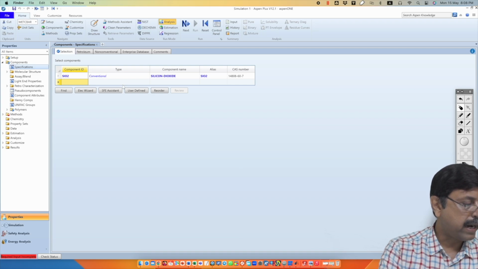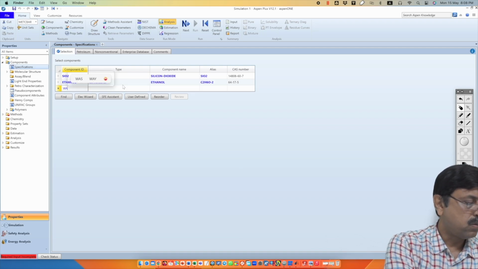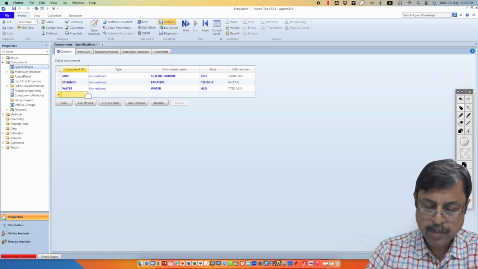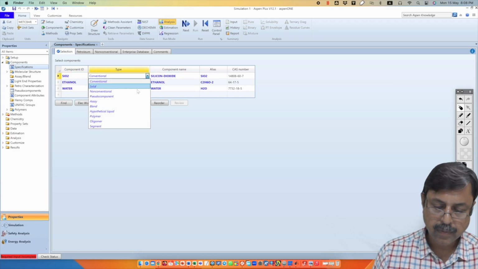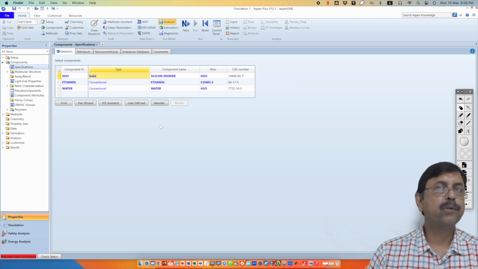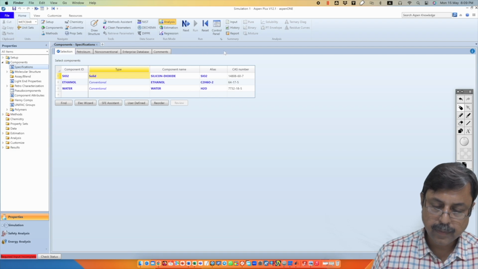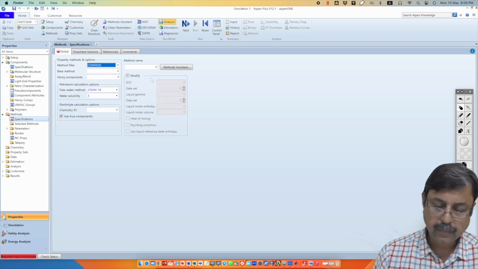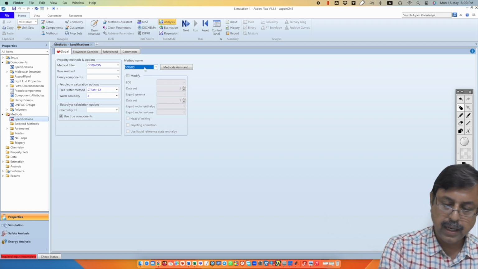So we have to add ethanol and water. So these 3 things we have, and do not forget it should be solid. We are dealing with solid SiO2, and then press next. Obviously we have to use solids,